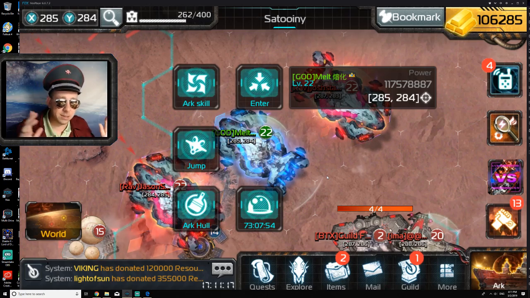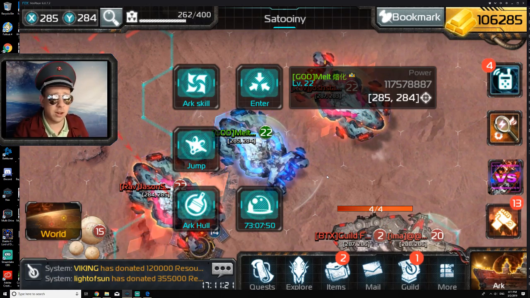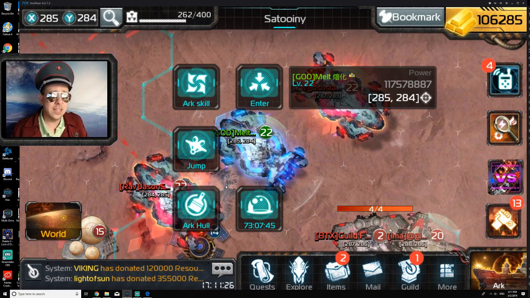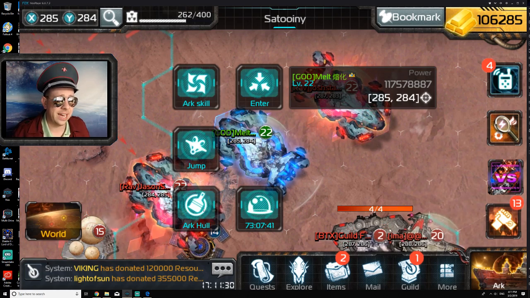We want to find out, is it better to use the Apoc for PvP, or is it better to use the new Dawn Hall? So simple enough. We're going to attack a monster with the same gear with the Apocalypse Hall, then we're going to compare it with the Dawn Hall. Now, I will say that the Dawn Hall has that Penetrator stat, so we're not going